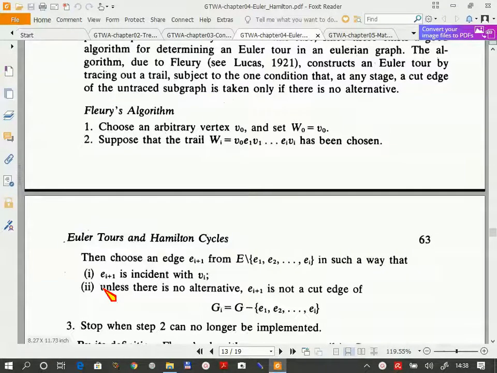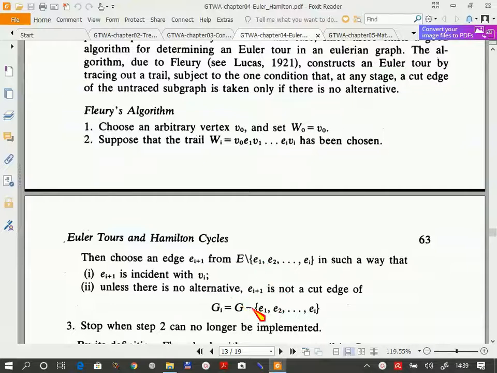And so you must continue your trail, your walk. You must continue from the vertex you have reached so far. So you have reached Vi. You must consider an edge which has Vi as an end. And unless there is no alternative,